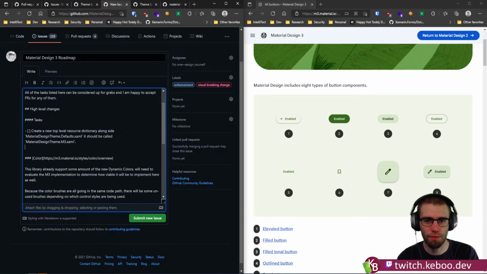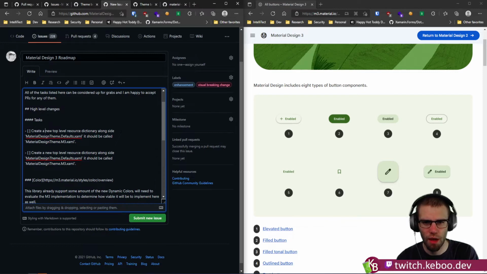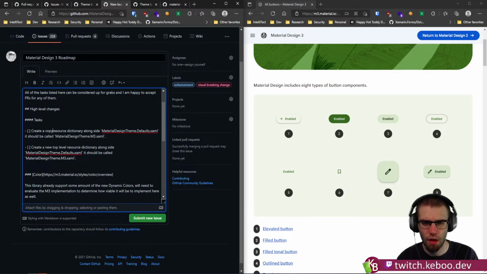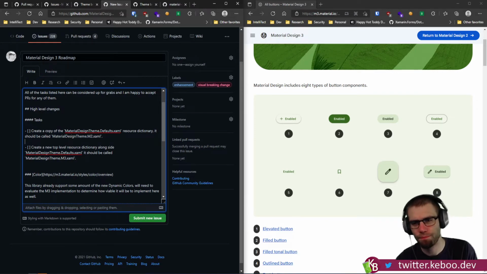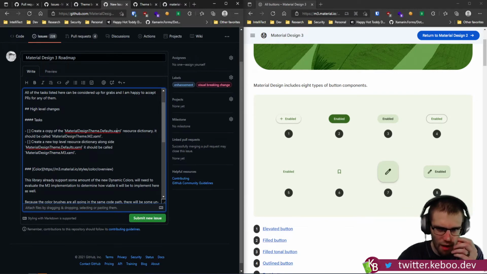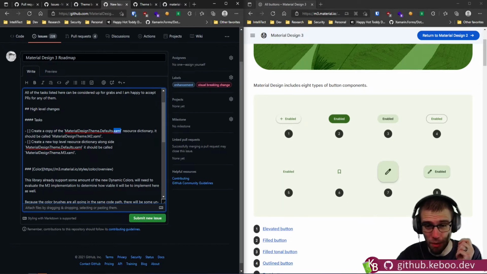And actually this should be above it. Create a copy of the resource dictionary. It should be called boom. So we will leave the defaults one around for now. My intent would be at some point to obsolete it and make people pick which defaults they want. So just including buttons isn't going to necessarily get you buttons. I think we're going to do